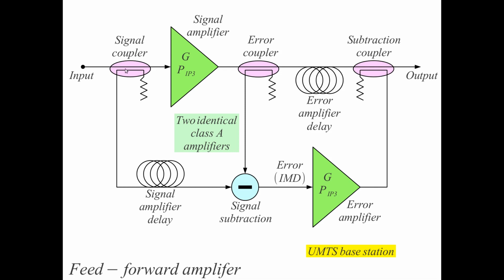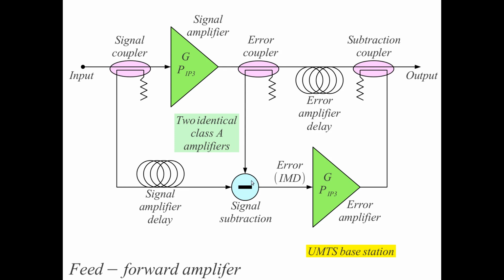So with careful design, and using couplers, we could couple a sample of the input signal and a sample of the output signal of this amplifier, and subtract them. Simply connect them together with opposite phases to subtract the signals. What we are left with is distortion, because this signal sample here has distortion, while this signal here does not have distortion. Since this signal amplifier has group delay, we should also compensate for the group delay with an additional delay line here